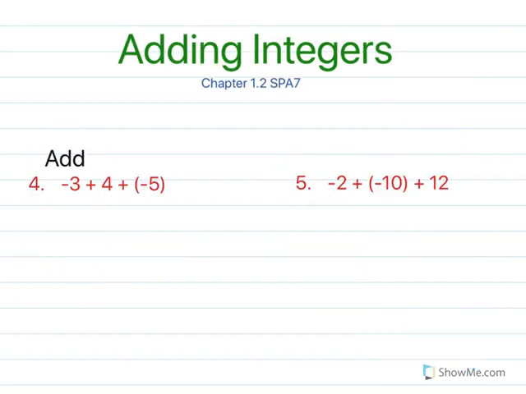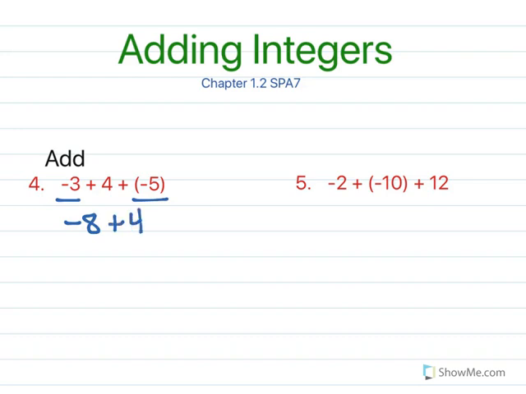We're going to move on to adding three integers. Okay? Three integers. Now, when adding three integers, there's a couple ways of doing this. The way I like to do this is I like to combine like integers first. So I have a -3 and a -5. So I know that -3 plus -5 is -8